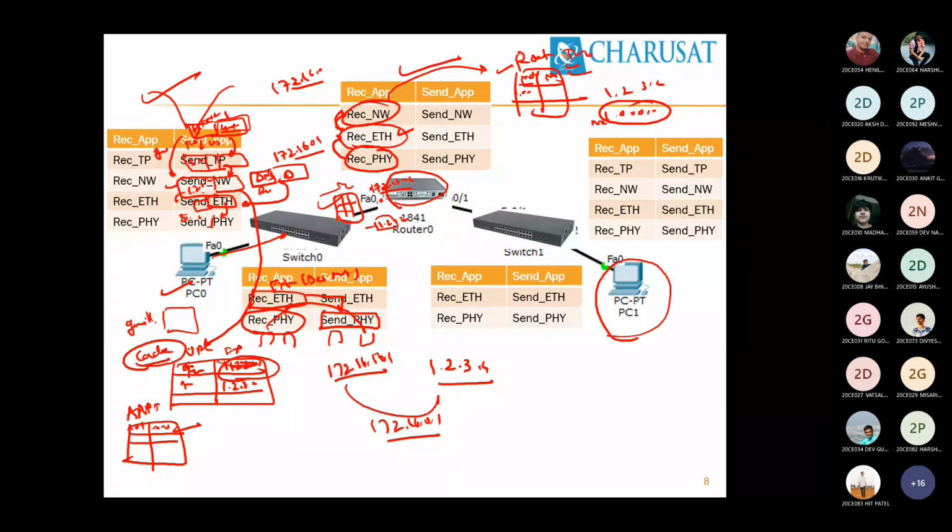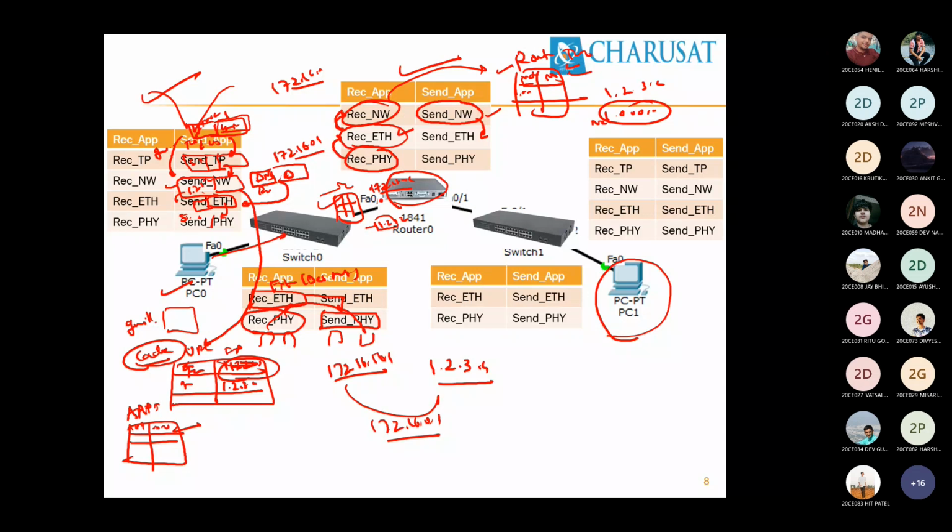Because we are talking about this PC only, this topology. Then it updates the header. It will not regenerate the header. What is the update? If you have observed, one of the fields of the network header is the TTL value, time to live. It decrements it by one and sends to the Ethernet layer. Only one thing is carried out by the network layer: the TTL value gets decremented by 1. The header is already available. It will not touch any other parameter of the header, and it sends to the Ethernet layer. Is it clear?